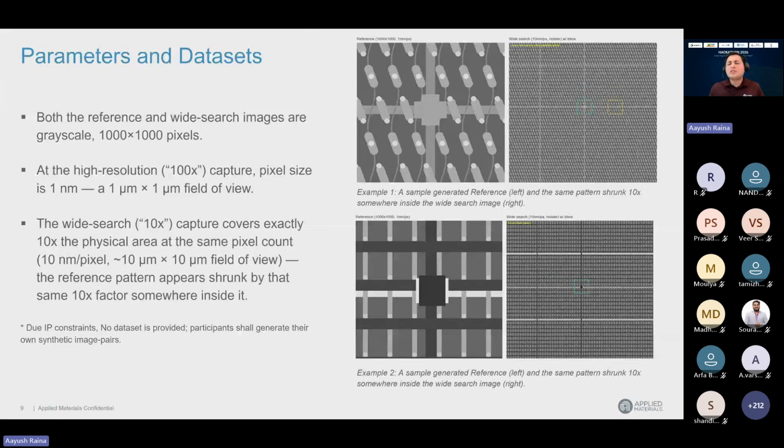If I make a 256 by 256 image, searching it inside another image which is compressed will be even harder with noise. And we also don't do it in industry. So we want you to work with images which we generate with 1000 by 1000 size.